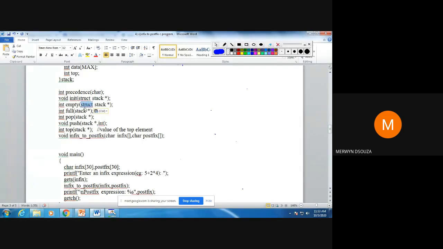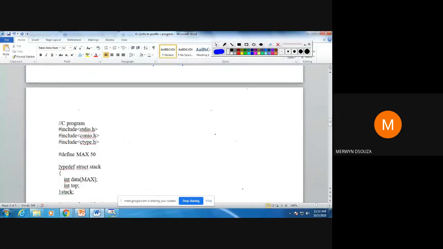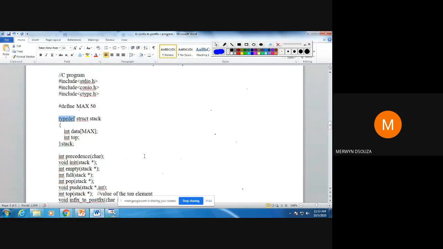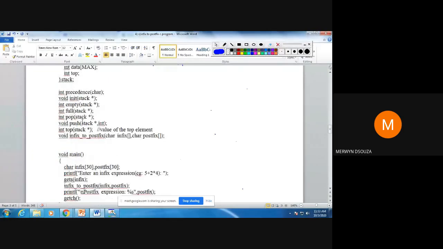To avoid putting that keyword struct, I have put this typedef there, just for that reason. Otherwise, you can try it later when you're executing this program at home on your Visual Studio. Remove this word, and if you try to run the program, you will get errors.